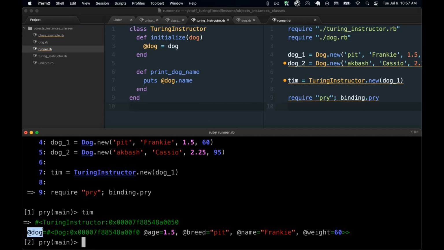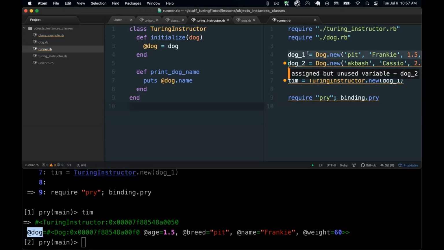So the instance variable @dog within the Turing instructor class holds on to the entire dog object that I created up here on line 4. I've essentially just passed one object to another object. This is a core fundamental idea of mod 1. And this gets back to what Isako was asking: if I'm not in the dog class, how do I access something on the dog class? Well,